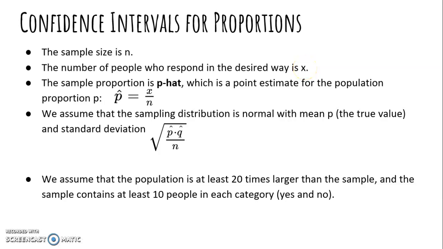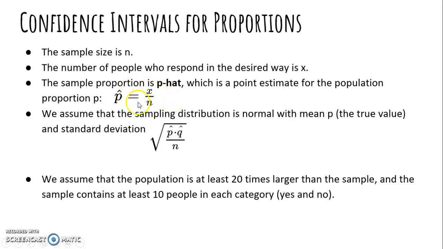So what do I mean by that? So if I said what is the proportion of people in our classroom who wear a yellow shirt, it would be the number of people wearing a yellow shirt. The sample proportion is p hat. This right here is the notation for p hat. We call it p hat because it's a p with a little hat. So p hat stands for sample proportion,